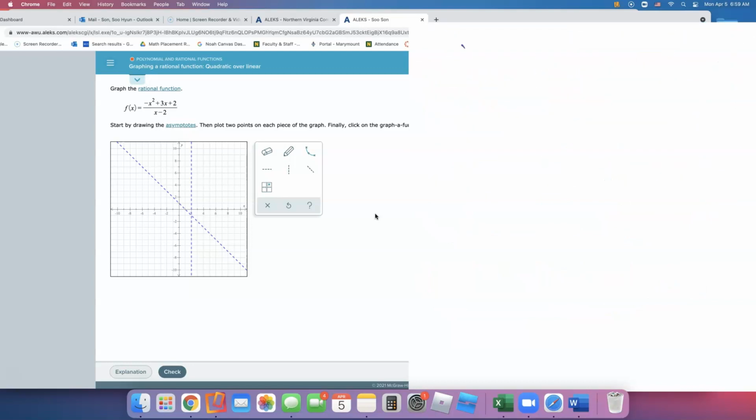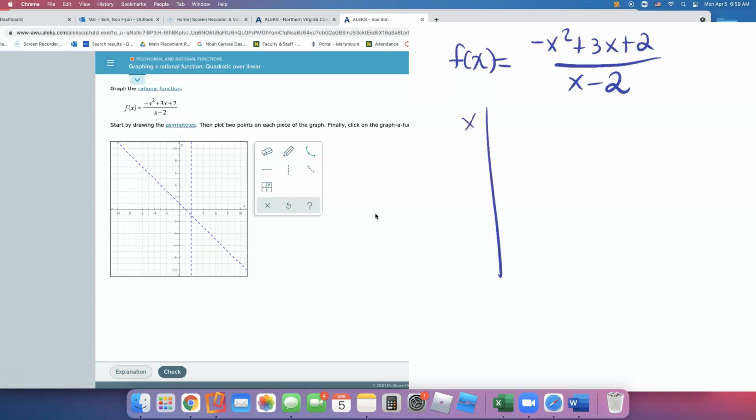So the function is f of x equals negative x squared plus 3x plus 2 over x minus 2. I need to have 2 points to the right and 2 points to the left of this. So 2 points to the right means bigger than positive 2, because x equals positive 2 is the vertical asymptote. I can think of 3 and 4. These are just bigger than 2. So if I plug in 3,